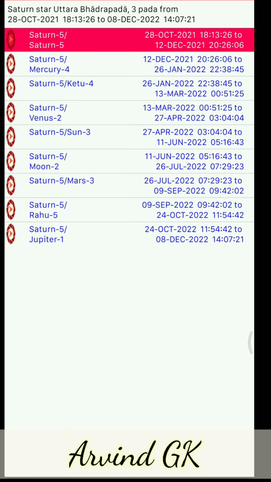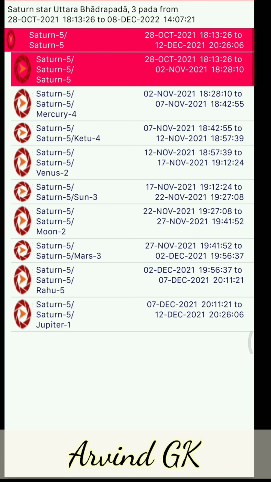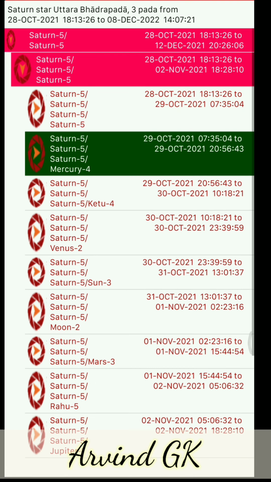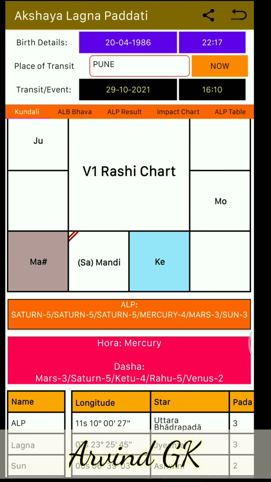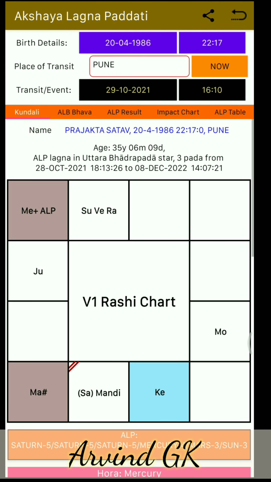First is 405 days, then 45 days. When you divide the 45 days further by 9, it goes up to the last second. That's how we get the finer details of any chart. So right now I told you about the second house. We do the same thing in a different